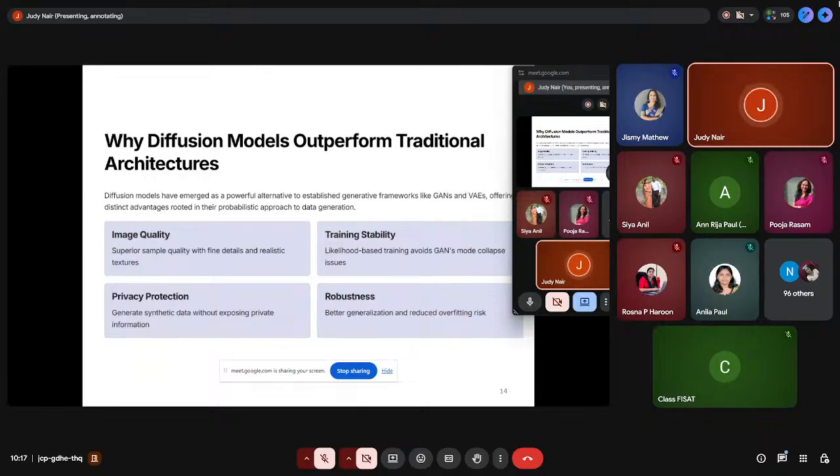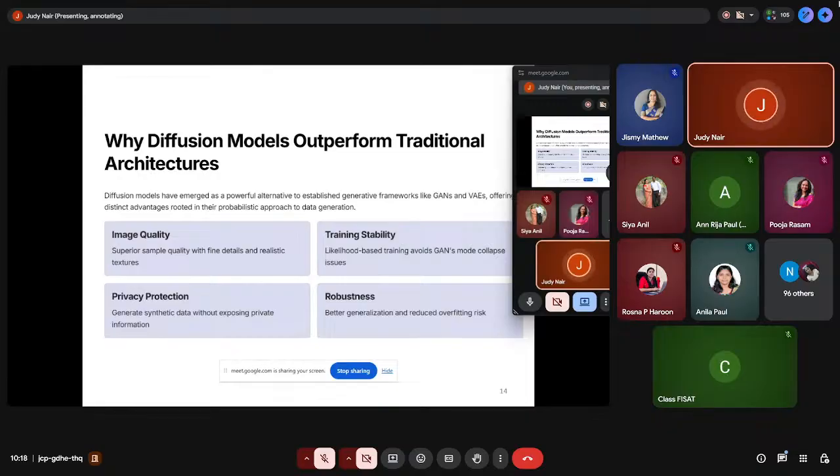Then people wanted to apply it to other modes of data, like video generation, or image generation, or image style transfer, like one image to another image. So these were some use cases that we wanted to solve. And at that time this model came out, and there are a lot of benefits of these diffusion models.